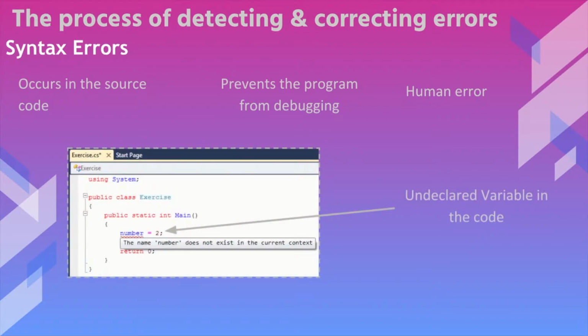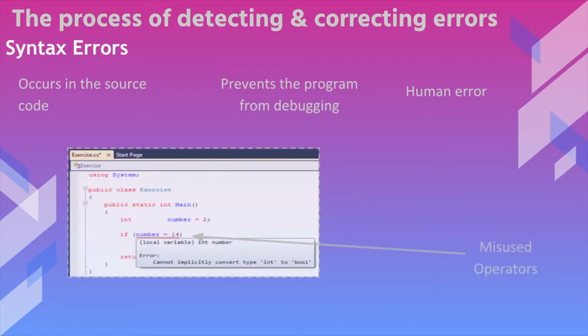A common syntax error that happens is when you are using a variable and it has not been properly declared yet. Variables need to be declared for them to be recognized and registered within the coding. In this example, the variable number is shown with an error as it hasn't been declared. Another example is where an operator or data type such as an integer, boolean, and string is misused, such as incorrectly converting an